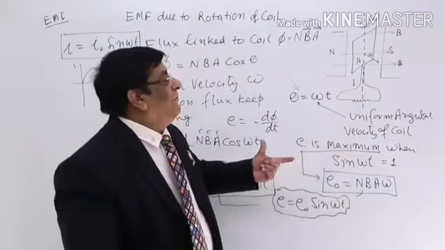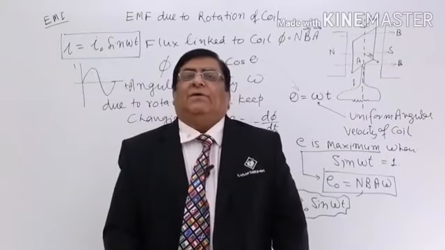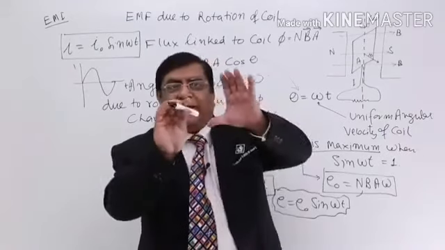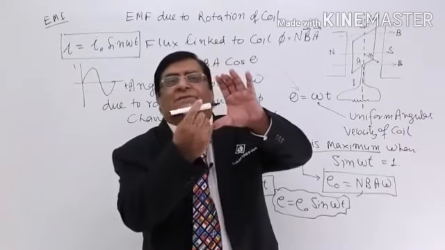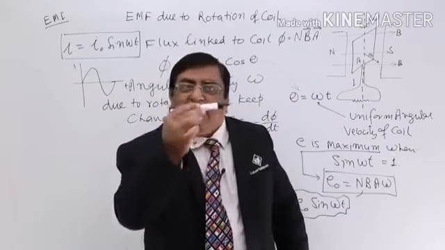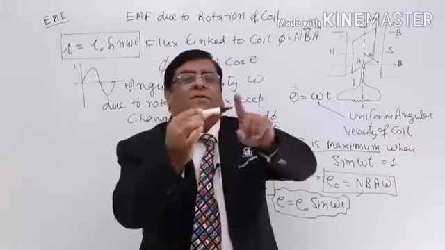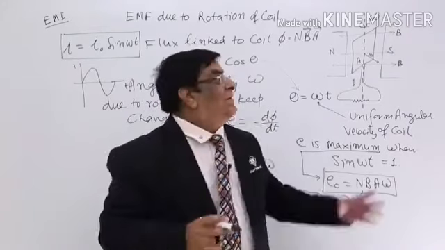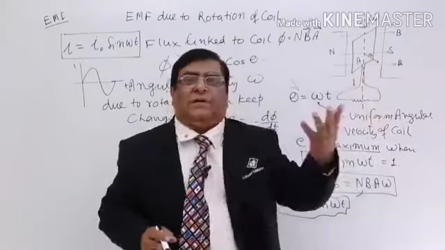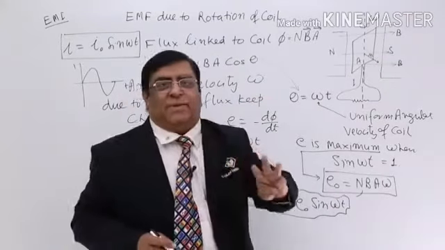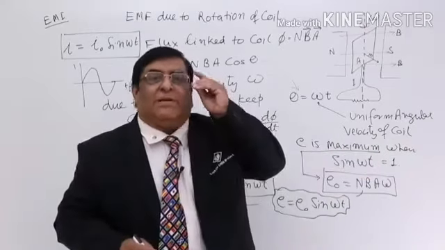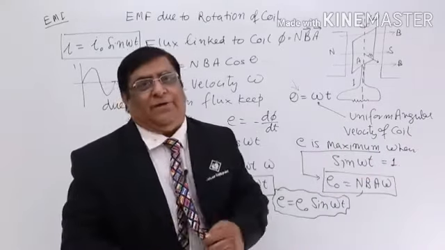So now we have observed that we can get induced EMF by three methods: moving a magnet, changing the magnetic flux linked to a coil, that I told you. Other is motional EMF, changing the area, making EMF. Third, rotating the coil, changing the flux and inducing an EMF. So these are the three methods by which we can find EMF, and all three have practical implications in our day-to-day life.